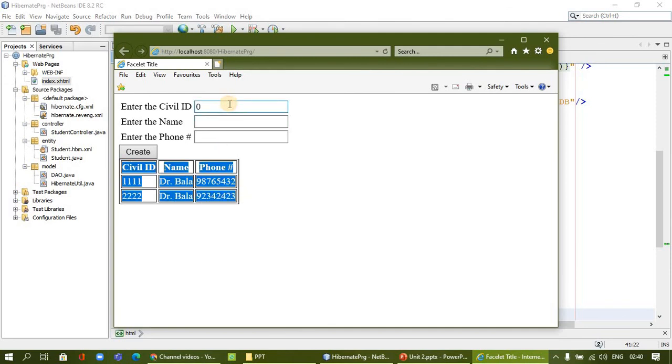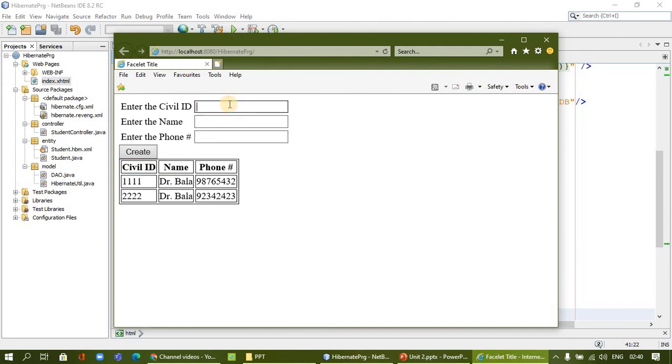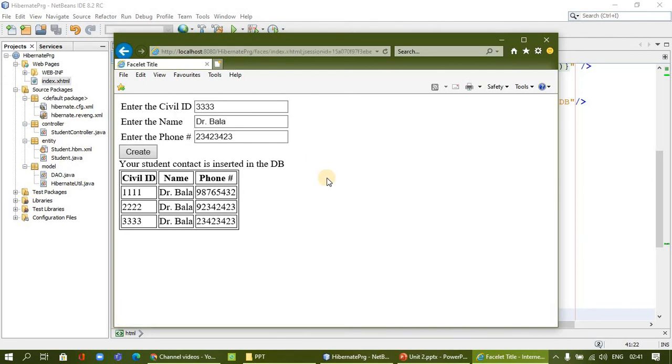If we insert another record, of course it will come. I will say, for example, 333, and some number. How many are there? 3, 4, 4. Yes, it's added.